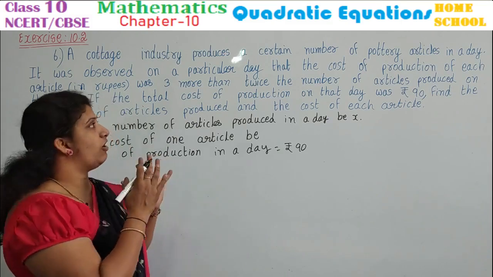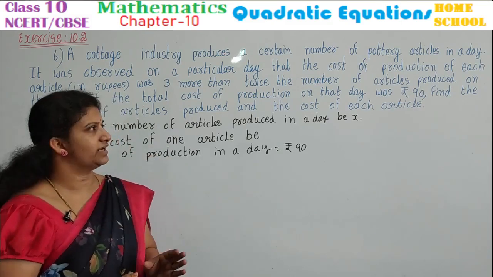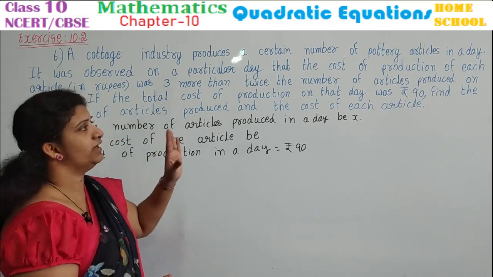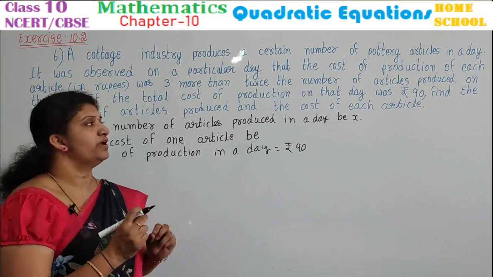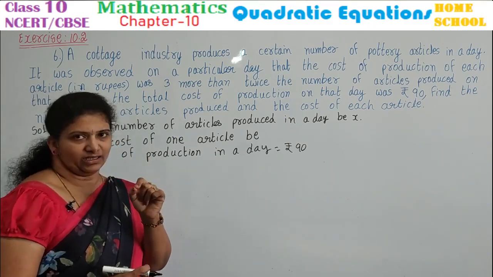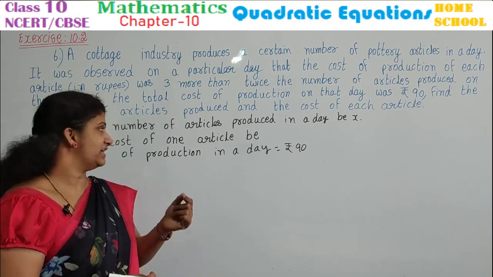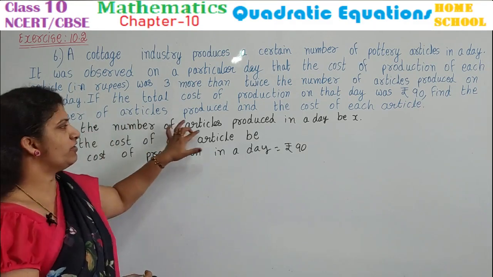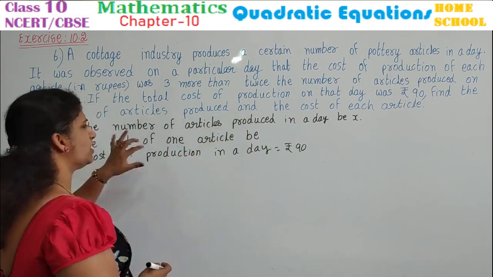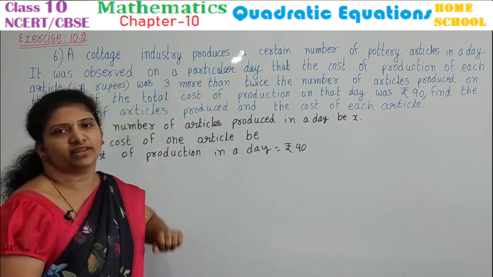First, this cottage industry, what does it do? It produces some pottery articles every day. One day we are talking about, a particular day, the cost of production of each article. How many were produced on that day? We don't know. So let us assume that the number of articles produced in a day be X. And what is the cost? Cost in rupees was 3 more than